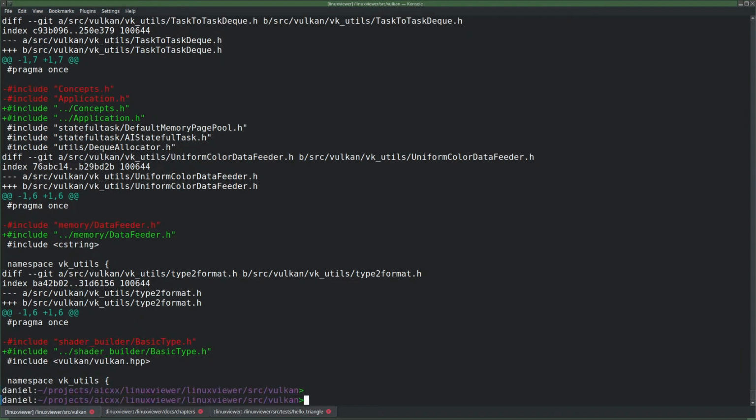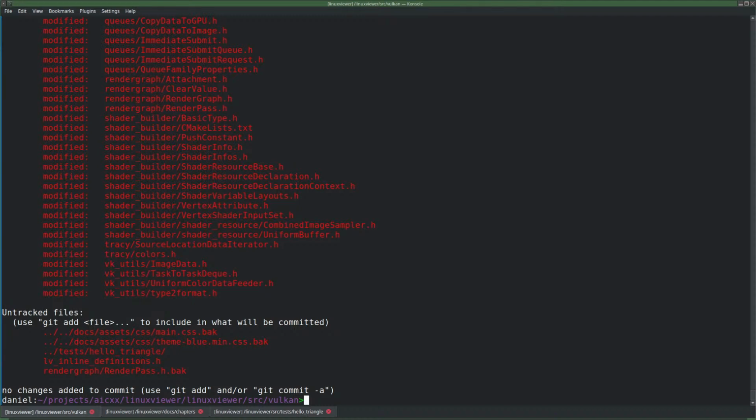Good. So basically, can commit this. But it adds hello. It adds the hello triangle. And the whole directory. And I don't want to add it actually. Not really. No. Not to test.